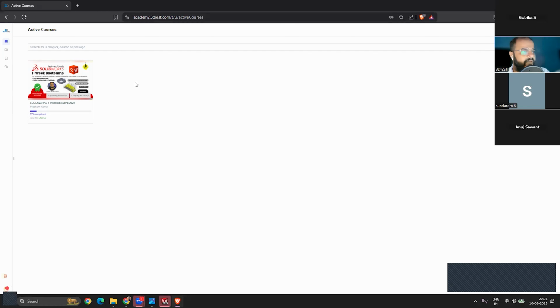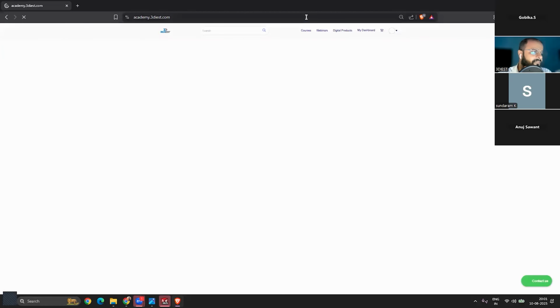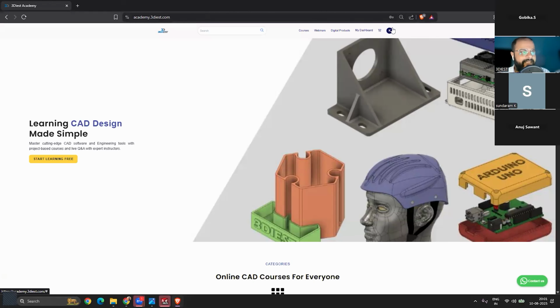So guys, here is the dashboard. Once you log in to this academy.3dash.com platform, you have to go to this icon that you will be able to see here. Then click on it and go to My Purchases.